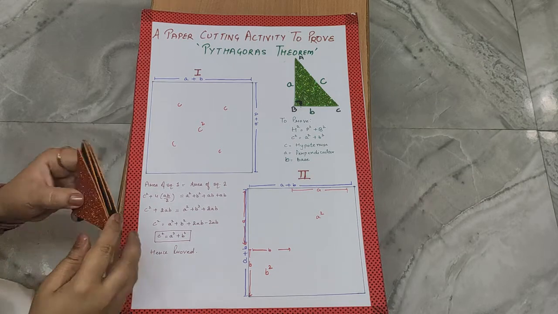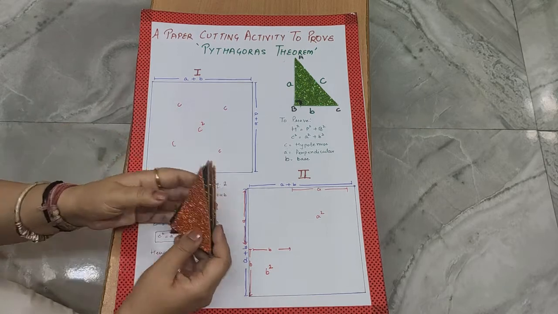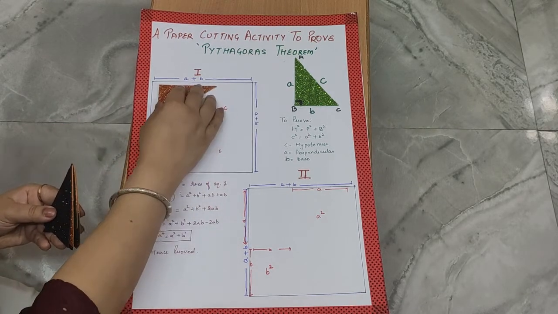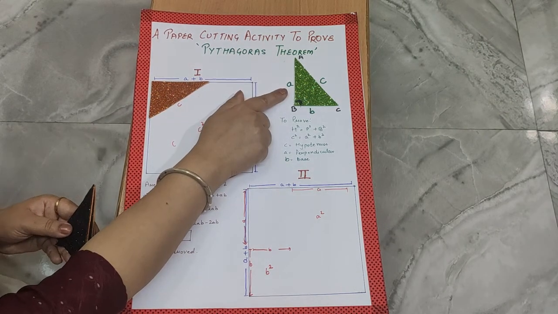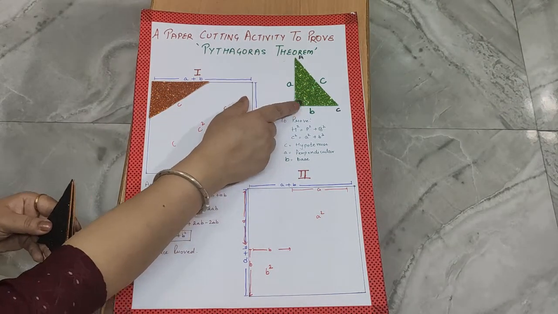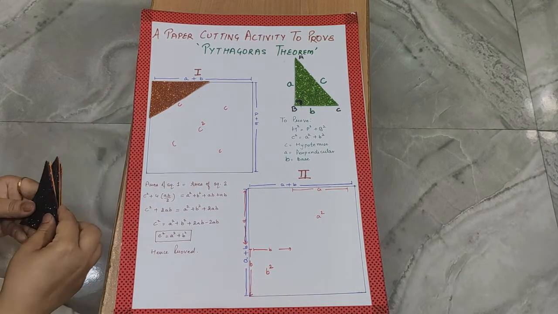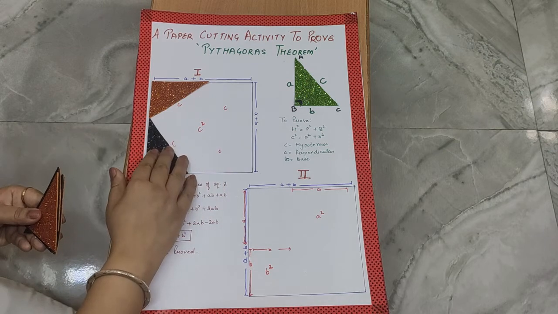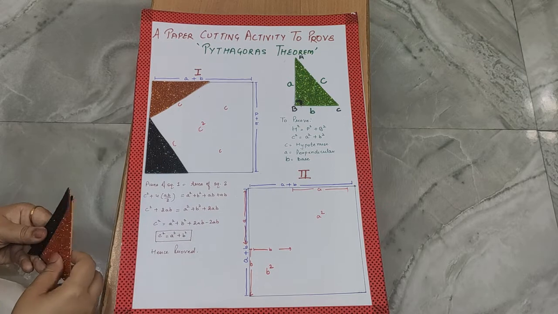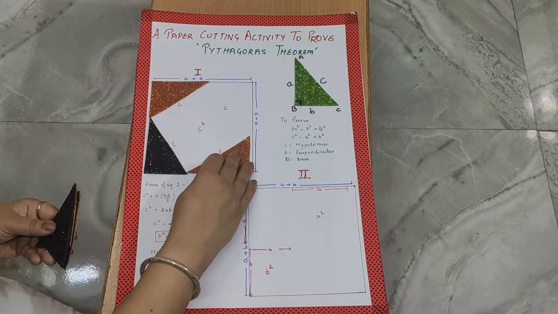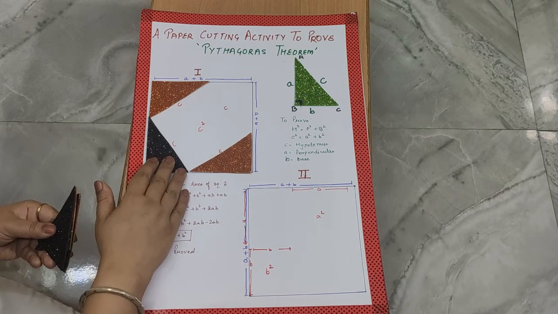So first of all, we will be arranging 4 triangles on the 4 corners of the square. Here it goes. First triangle. As we can see, here the longer length is A and the smaller is B. So the smaller one is coming here. So next A will come here, so that the length is A plus B. Again B is here. I will again arrange A here. Again the length will remain A plus B.